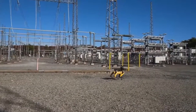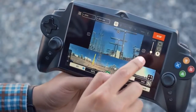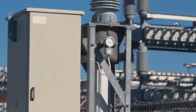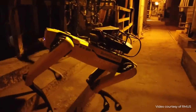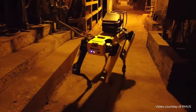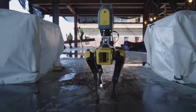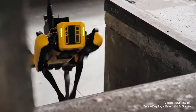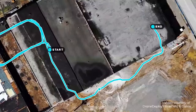This is why leaders like BP, National Grid, and Merck are turning to Spot. In Spot, they see the opportunity to capture more frequent, reliable, and comprehensive data sets. Configuring Spot to carry a seismic sensor into a deep underground mine, or enabling the robot to track construction progress. This is the Spot you know today. But as Rob said, our work with customers over the past year has shown us that there's an opportunity for